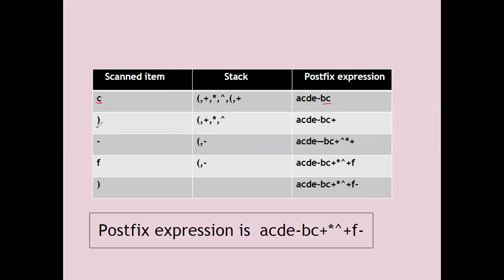Then the rounded bracket, the close parenthesis, comes. It is a right parenthesis. When a close parenthesis comes, we know that the topmost element of the stack has to be popped from the stack. So the previous step, this is the topmost element of the stack. What is the value at the top of the stack now? The value is the operator we stored, that is plus. So it should be popped from the stack and displayed, and it comes into the output string. So it will be displayed in the output postfix expression.